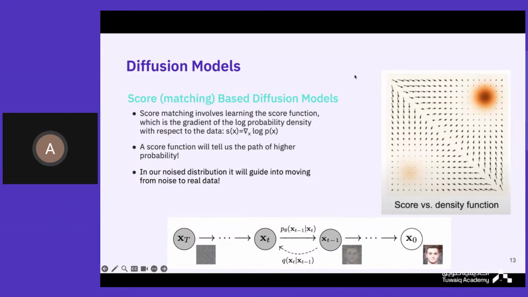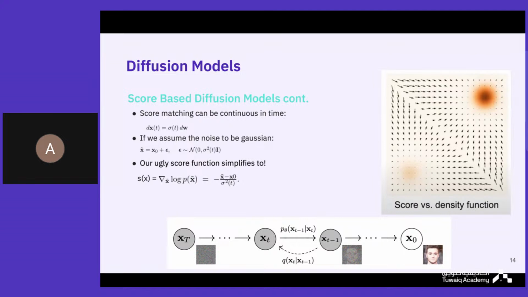One other interesting way to look at this, in contrast to the DDPMs, is that score matching can be continuous in time instead of strictly being a Markov chain where we have discrete time. We can implement it continuously. I won't get into the details of this, but this is a stochastic differential equation, which basically states that the difference in x, so you can take a look at x_t minus 1, which is this term, is equal to the added noise, or the variance in this case, multiplied by